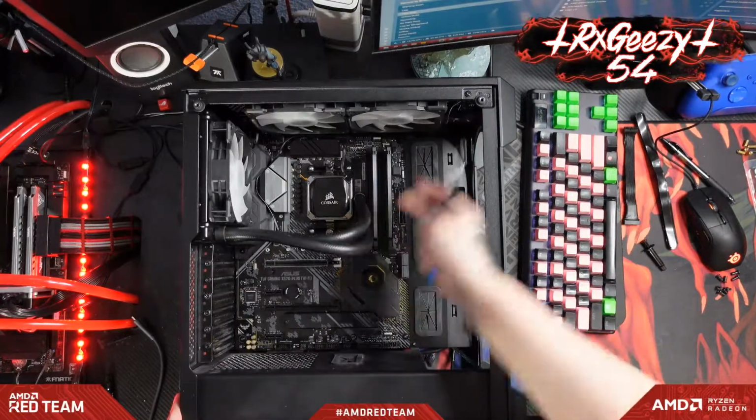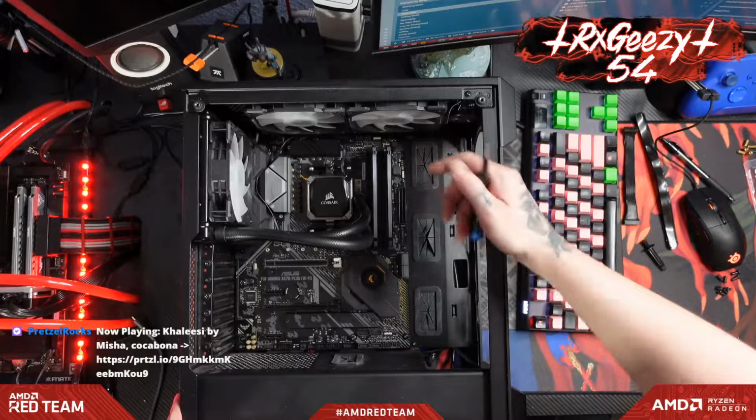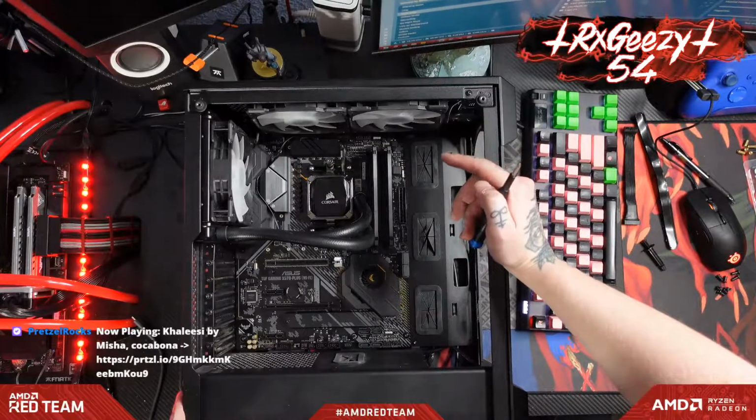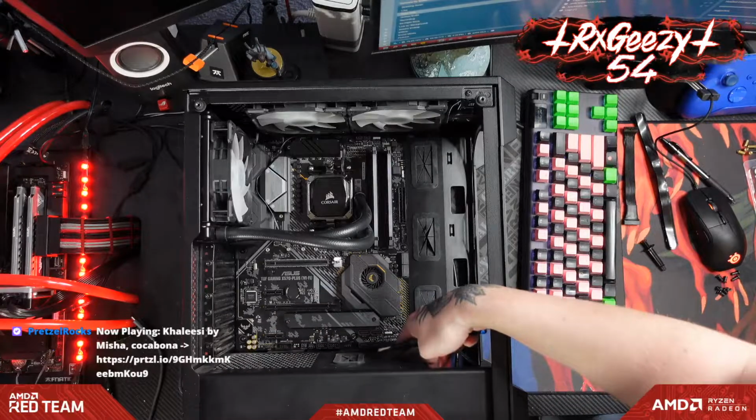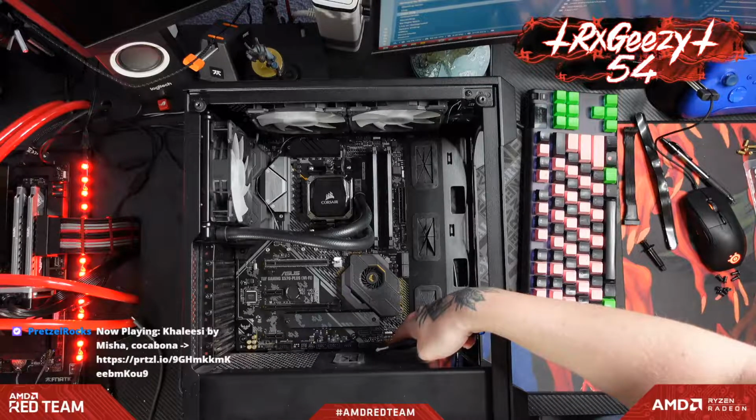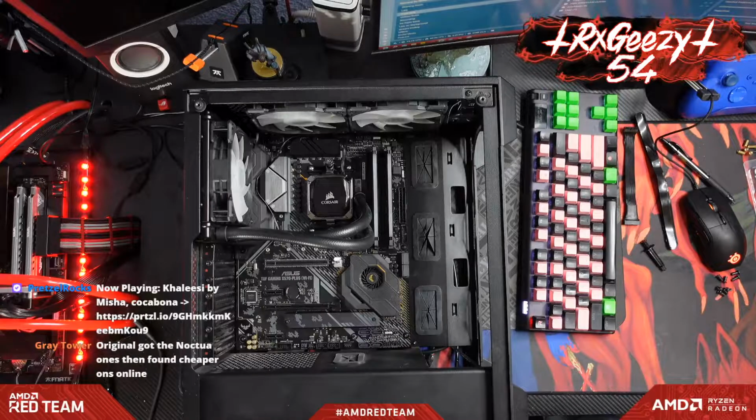All right, now that we've got this all in here, let's see. We're going to need to run our 24-pin power and a SATA cable here in a bit. We'll need to also do our front panel audio here. So you know what, let's get...